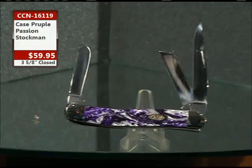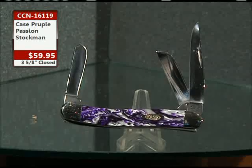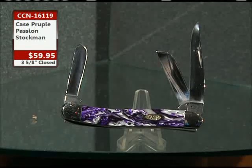$86.99. I've seen a Trapper somewhere too. There's your Case Purple Passion in the Stockman here. Yeah. And wow, is that not purple? Look at that white involved there. That's just something else. Sheila, we're talking 3 5/8 inch closed, retail of $85.50. You're only paying $59.95. The item number here, in case your TV is set up to where you can't see